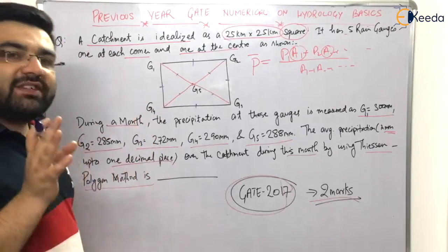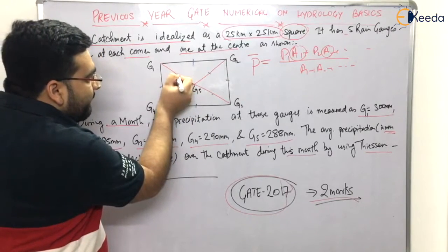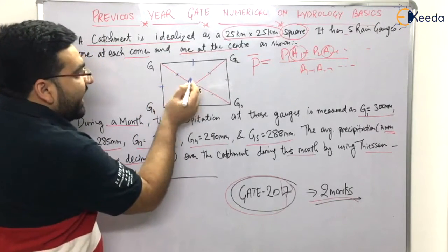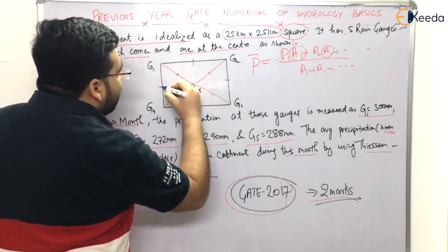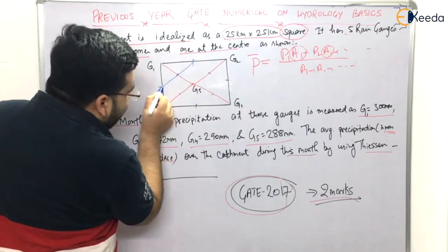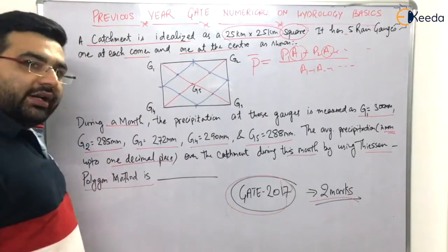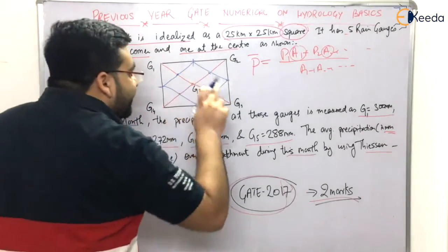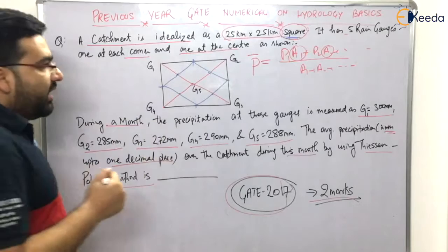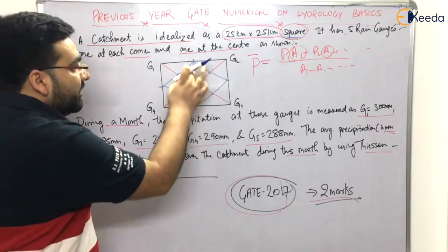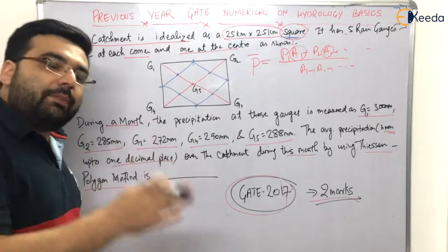This is a property of a square: if this is a diagonal, the perpendicular bisector of half of the diagonal and the adjacent side will pass through the same point. So if I join these, they will pass through this point, like this, like this, like this. Now what we have got is also a property of a square: when you join the perpendicular bisectors, the central polygon will be a square.